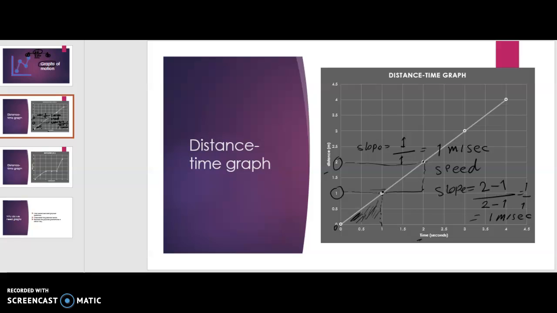The next segment here will also give us the same value, 1 meter per second. The last one here also gives us 1 meter per second. This means the speed doesn't change. This speed here is regular. Regular means the distance covered here is the same in the next segment, and the next segment, and so on,